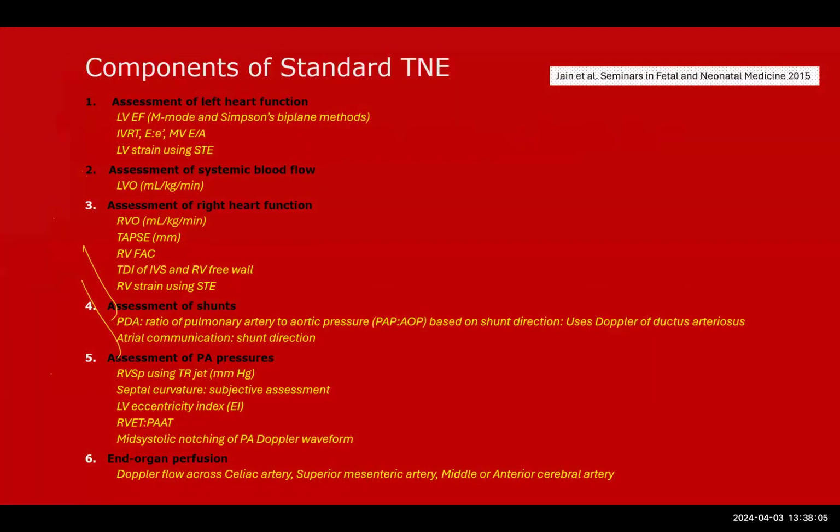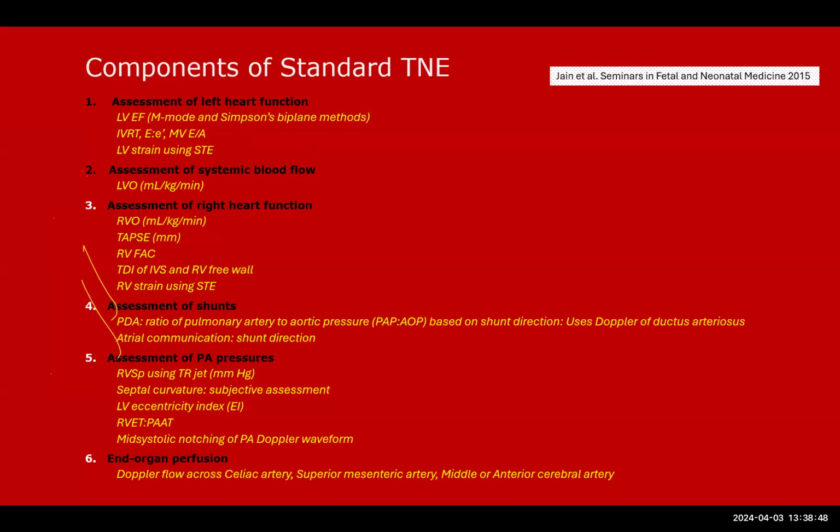Of course, because we are talking about TNE, TNE is extremely important. Remember that TNE will give you some important information about exactly what the clinical phenotype is. For example, it can tell you the left heart functions in terms of systolic and diastolic function. You can measure the ejection fraction through the modified Simpson's plan to have a good estimate of the systolic function. Through the measurement of IVRT, the E/A ratio over the mitral valve, and tissue Doppler imaging, you have a good understanding of the diastolic function as well.